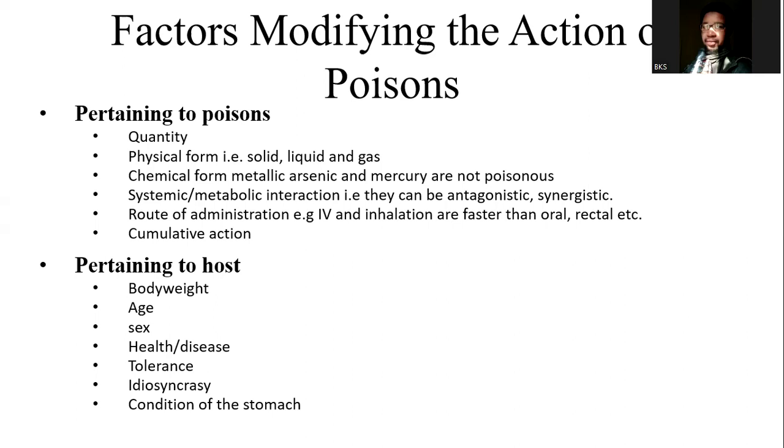There could also be interaction, systemic or metabolic interaction. We talk about metabolism, where some chemicals can cause an antagonistic effect or a synergistic effect. I just gave an example of somebody taking a CNS depressant while another person takes paracetamol. I said paracetamol might be an inhibitor of a particular enzyme, and that can lead to a synergistic effect, increasing the effect of the CNS depressant due to its ability to stay a longer period of time in the biological system. But it could be the opposite, a situation where paracetamol increases the activity of this enzyme. Therefore, the CNS depressant you've taken can easily